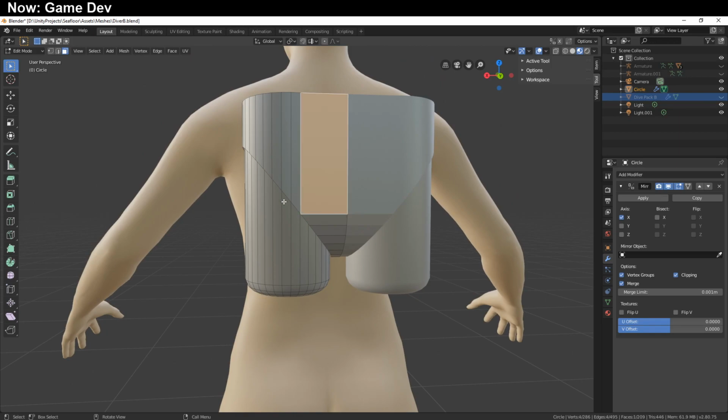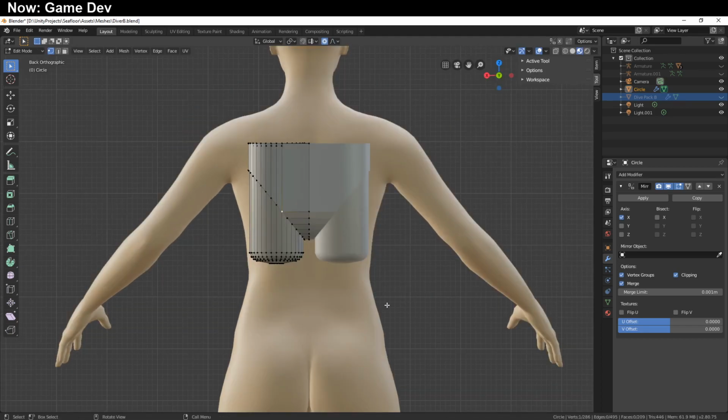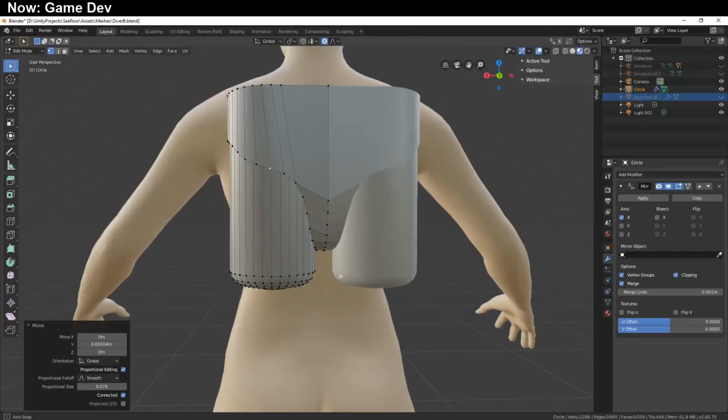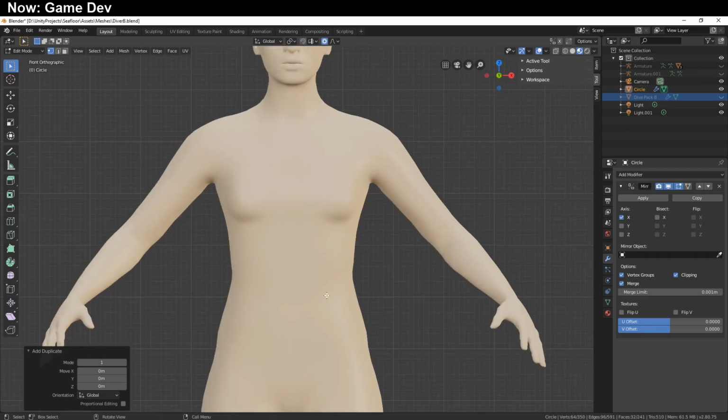The curve is not quite right, but we can edit it. So what we're going to do is we're going to switch over into this mode, and we'll just turn on connected only. And then when we move this around, you can see that we can change the shape. So we can try and create a shape that suits our needs a little bit better. We're probably going to have to do this more than once. This shape feels a little bit strange, but that's okay. We'll figure it out. And here what I'm doing is I'm pulling it towards the camera just so that it doesn't overlap. And then what we need to do is the exact same thing. So duplicate, and then